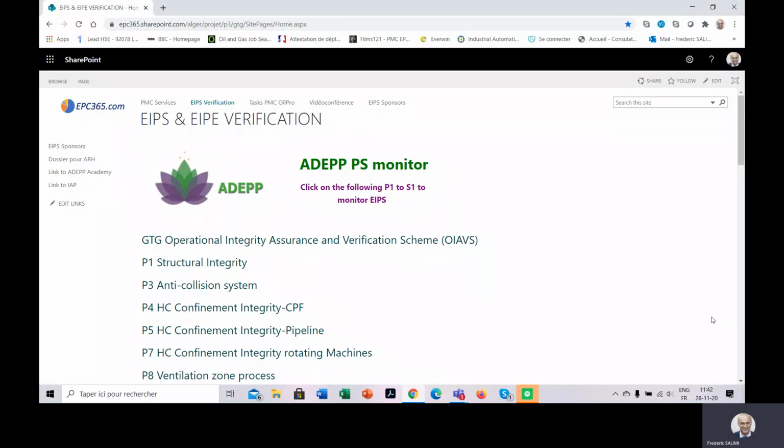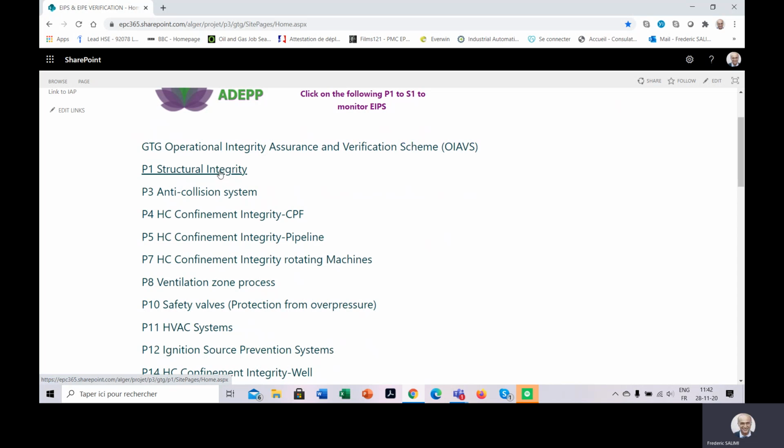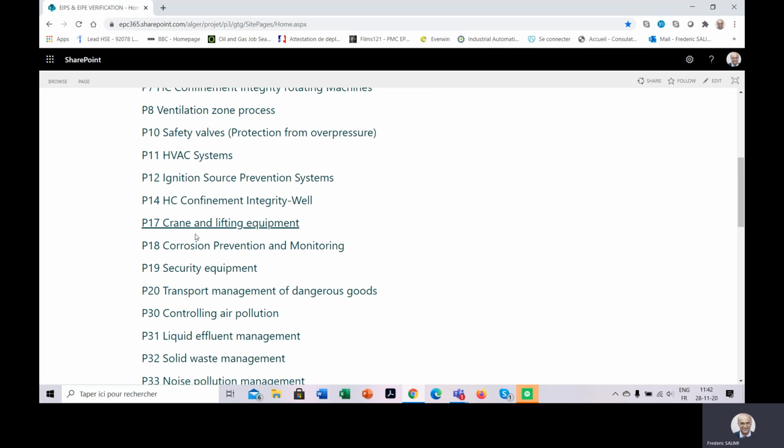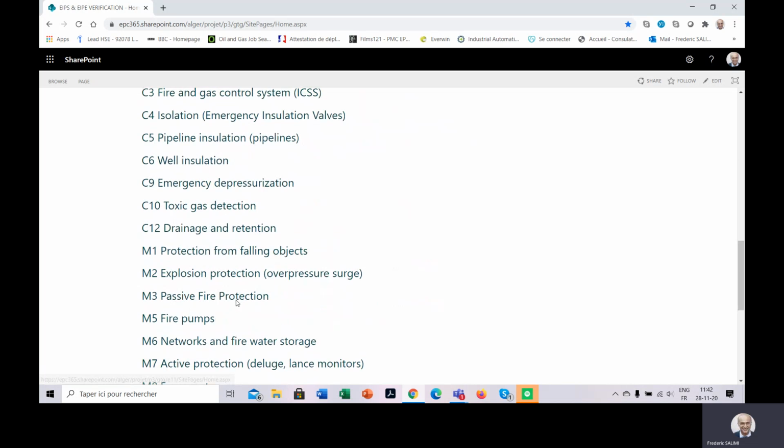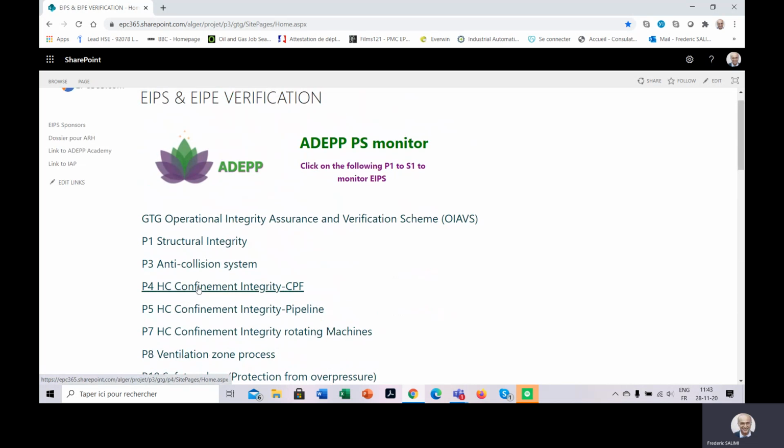I would like to explain today how a SCE monitor works for your project. First of all, for example, for this project, we have 45 safety critical elements, and these are, for example, structural integrity, hydrocarbon containment, up to the resources and competency. So for each of these systems, for the life cycle, we have